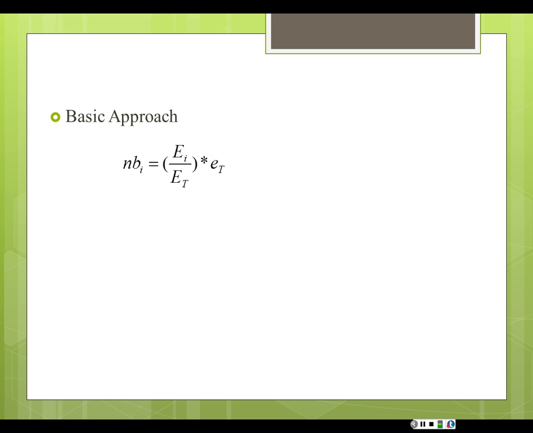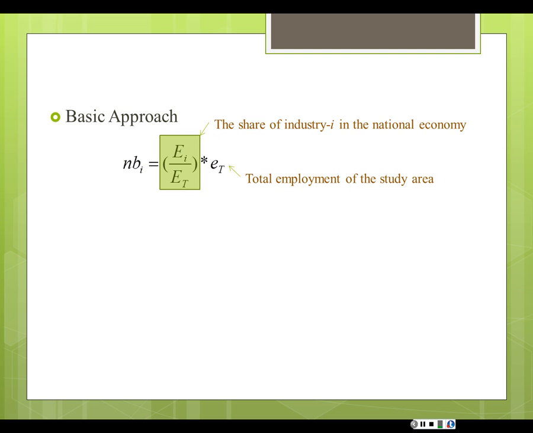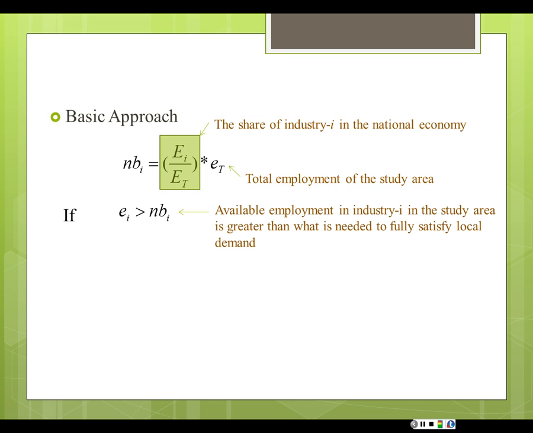So for a specific industry, say industry I, the non-basic employment is expected to be the proportion of employment of this industry in the country, in the nation, multiplied by the total employment of your region. This is the share of a specific industry in the country, and this is the total employment of your region, your study area. And this NBI, non-basic employment I, is the amount of employment you need to fully satisfy local demand. At the same time,